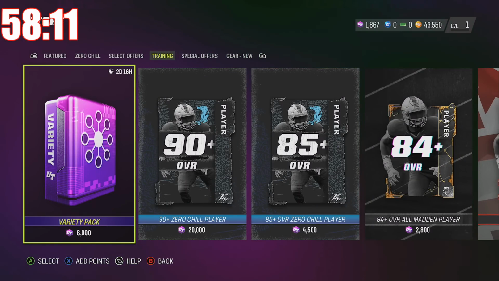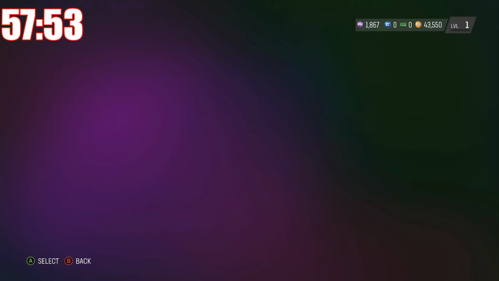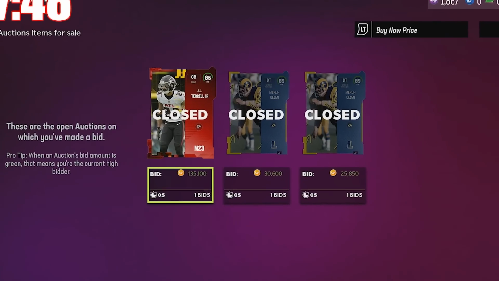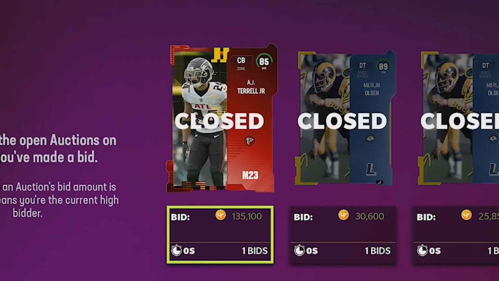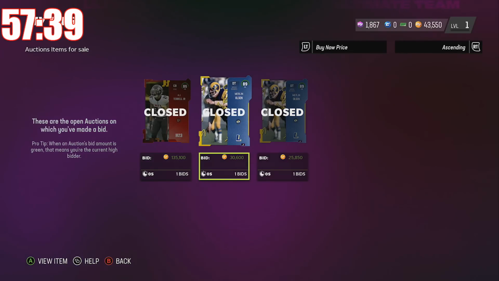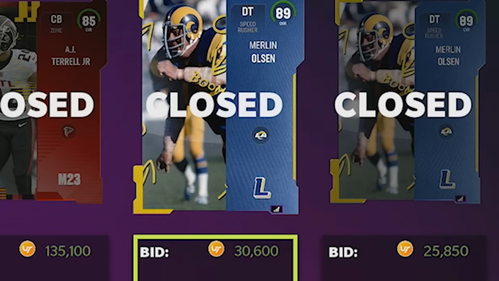Now, the way to get training obviously is by buying cards from the auction block. Now, obviously the training variety pack still has a lot of luck into it, and you might not make coins. Ignore this AJ Terrell because that's how I've been evening out my coins to 100k here. But we've already gotten 289 Merlin Olsen snipes. Now, currently for a 5 CPT,